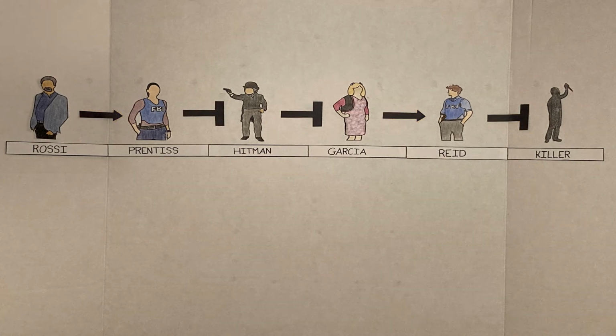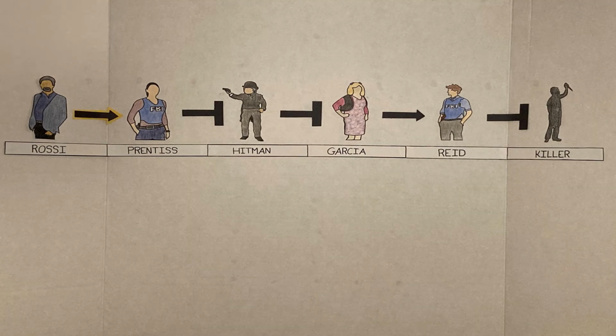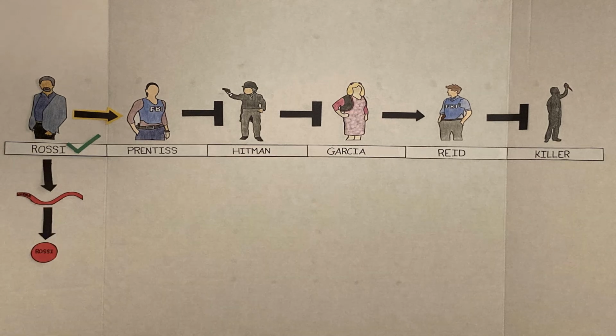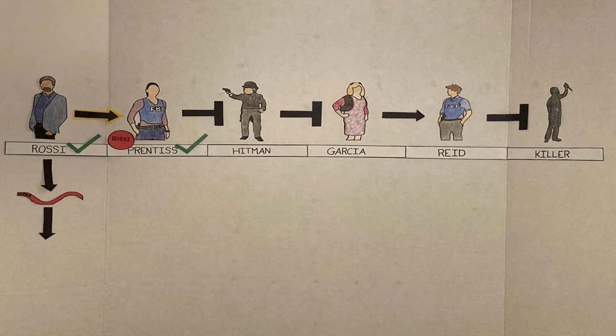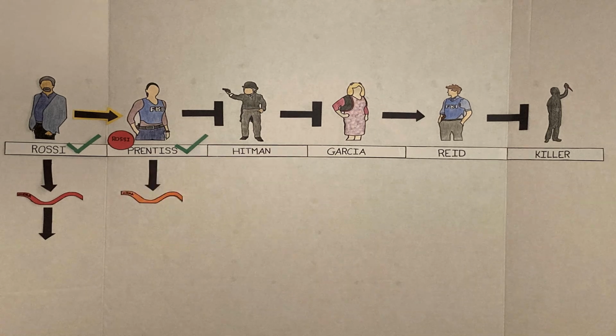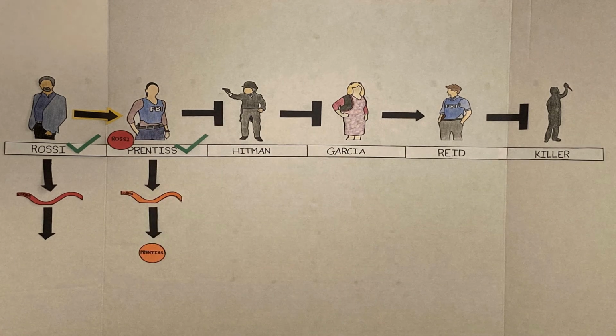Let's look into the biology of how this works by focusing on a couple of individual relationships. In an activating relationship, such as that between Rossi and Prentice, the Rossi gene is able to transcribe Rossi mRNA, which is then translated to produce the Rossi protein. That protein then binds to the Prentice gene, which promotes the transcription of Prentice mRNA, and consequently, the translation of